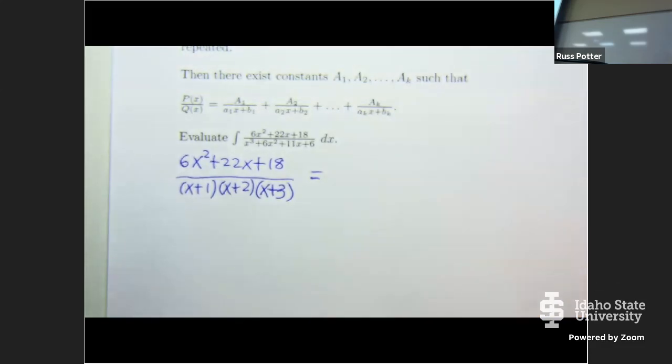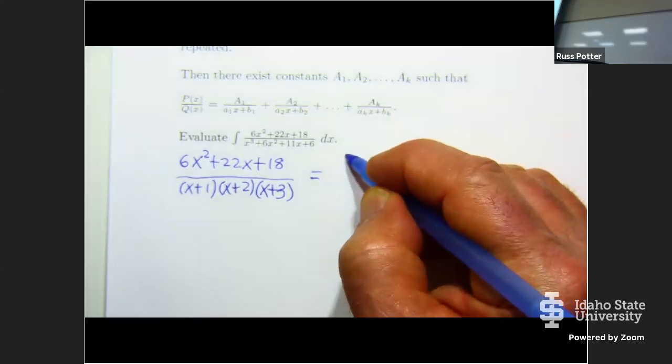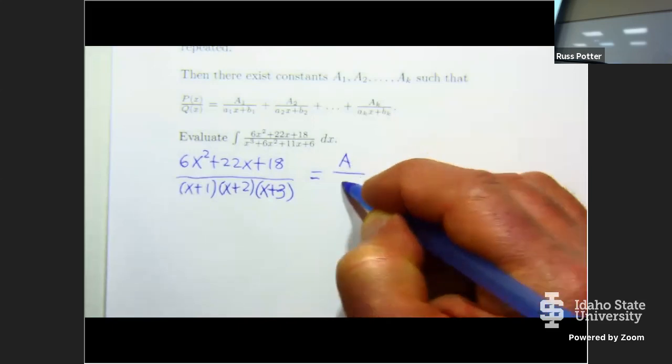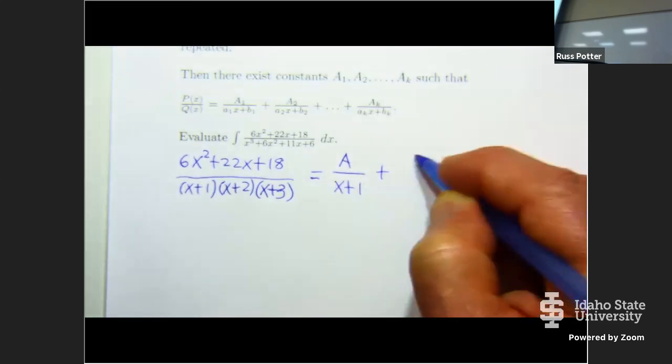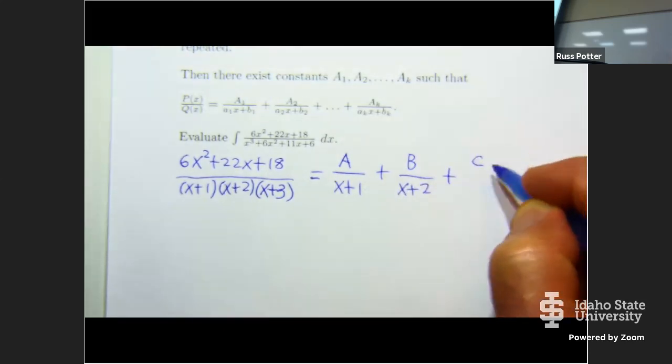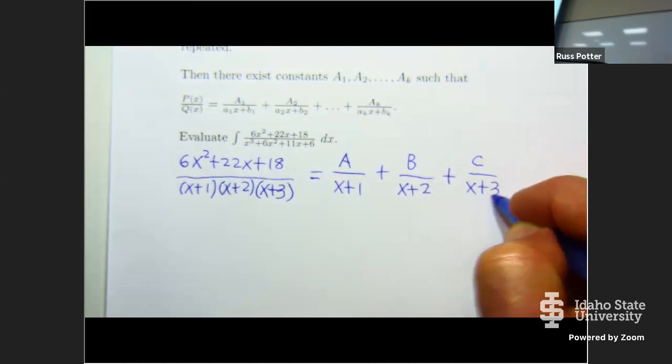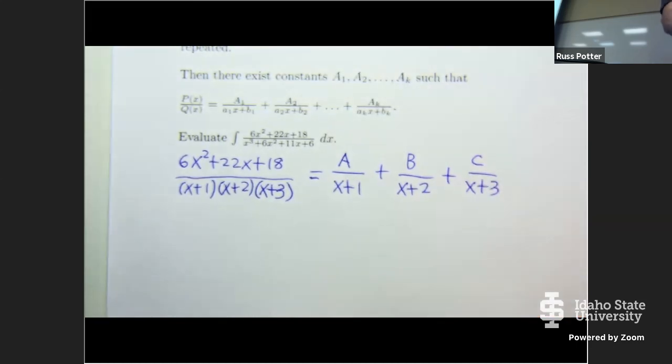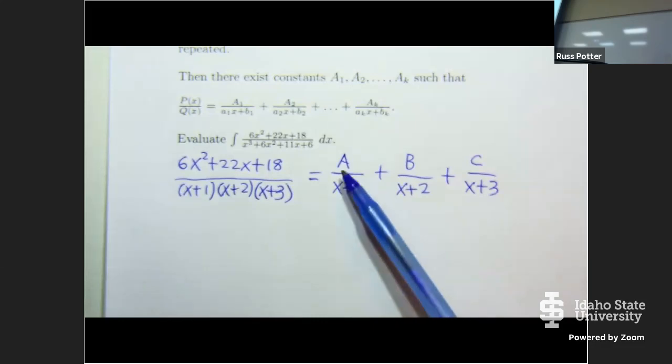So the partial fraction decomposition theorem says that there exist 3 constants. I'm just going to use capitals A, B, and C for the constants instead of a sub 1, a sub 2, a sub 3. So I'm going to write it as A over x plus 1 plus B over x plus 2 plus C over x plus 3. So all we have to do is find the constants A, B, and C,